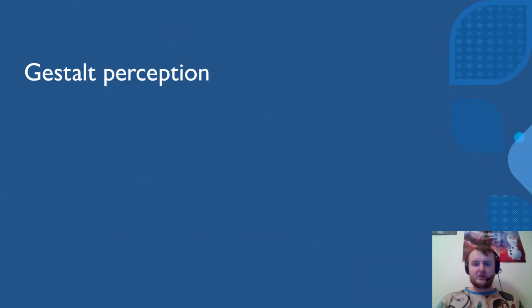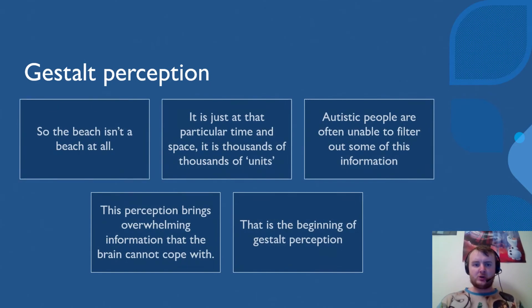So actually, that perceived picture of a beach to a neurotypical isn't a beach at all. To an autistic person, in that particular time and space, that picture was thousands and thousands of these little sensory inputs, some of which contain very overwhelming information which is often hard to filter out, regardless if it is relevant to us or not. This is in vast contrast to how neurotypicals tend to guess what there is from their experience and memory, instead of seeing it in the way that we do.